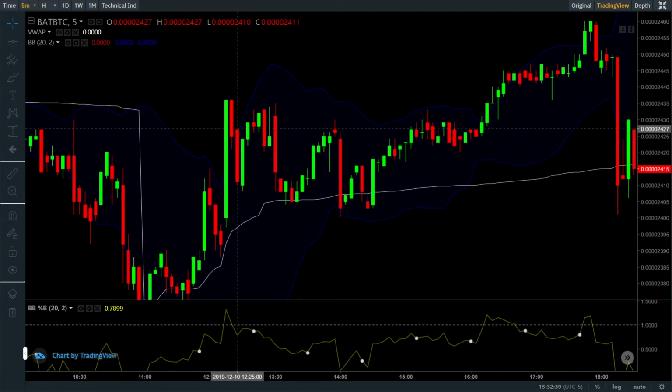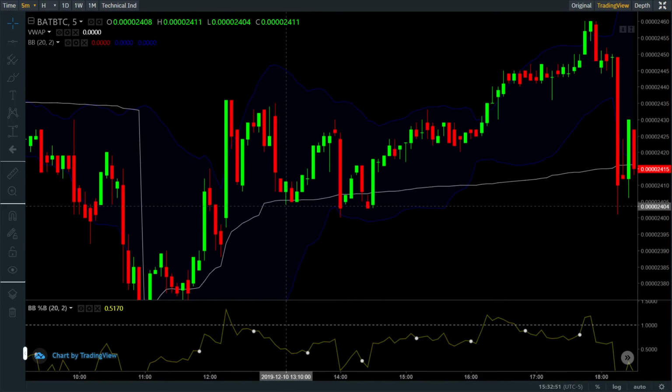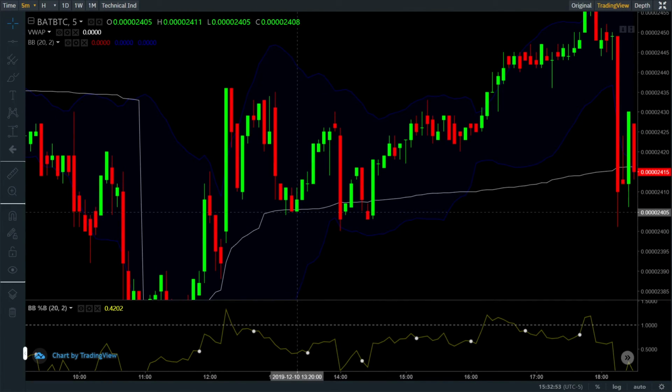Okay, great. So now we're going to look for another entry, and we're still in a bullish condition because we're above the VWAP. So you wait. And then here's where it was. You had a touch, and again, it closed a little bit under, but you should set up a general rule